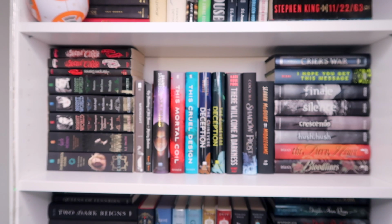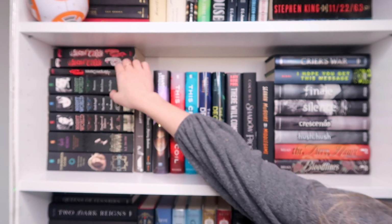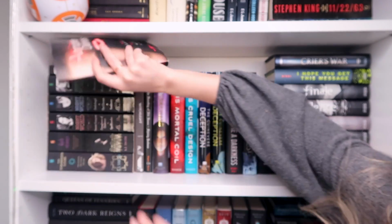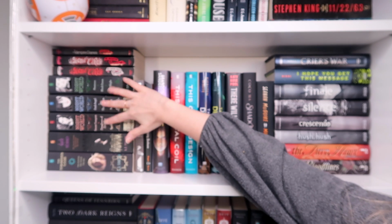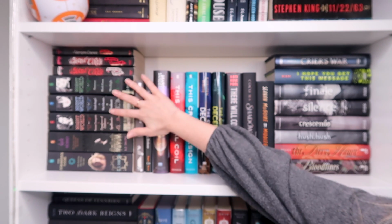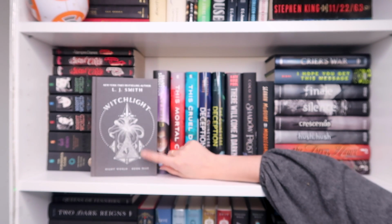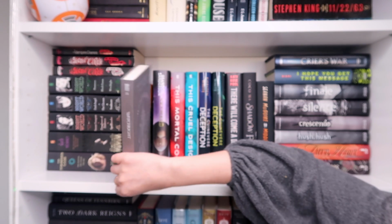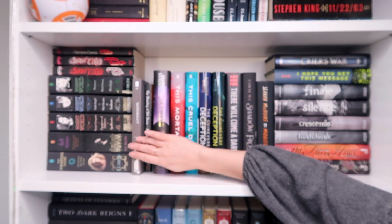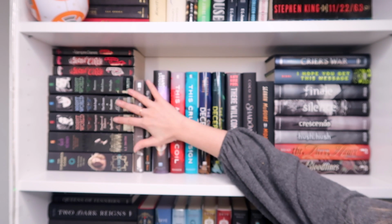And then for the actual books, on this we have all my L.J. Smith books. Oh, it's embarrassing. It's backwards. Yeah, we have the L.J. Smith books. These are the Night World trilogy bind-ups basically, but this is the new one that I'm starting in these fancy collector's editions. I just think they're really stunning, so whenever I can find one for a good price on Book Outlet, I go for it. And then eventually when I have all of the separate stories in this trilogy, I'll get rid of